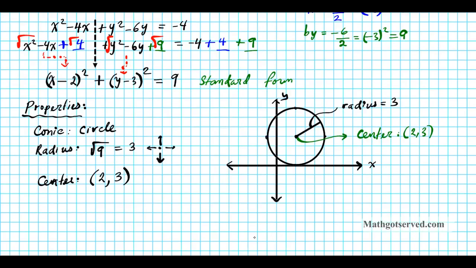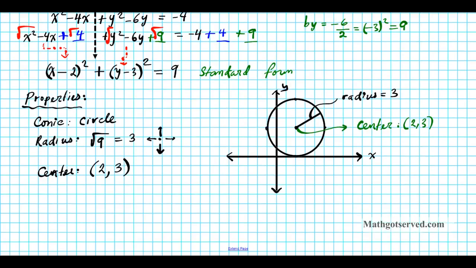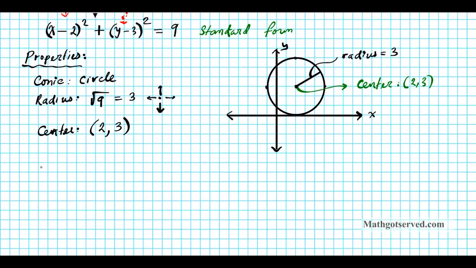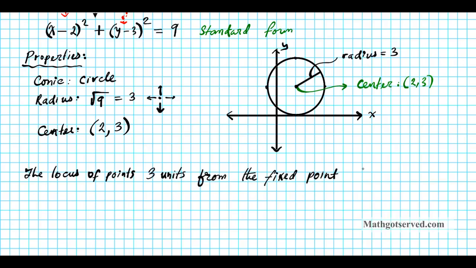Now let's state the meaning of our result in the context of the problem. So let's write that down. What's the definition of a circle using the problem? The locus, or collection, of points 3 units from the fixed point. The fixed point is going to be the center. Okay, from the fixed point (2, 3) is the circle